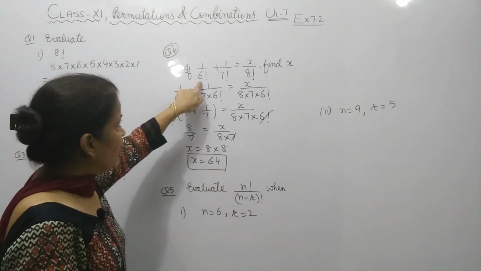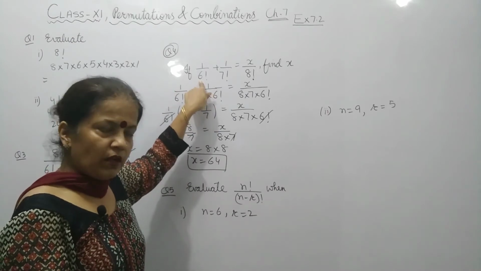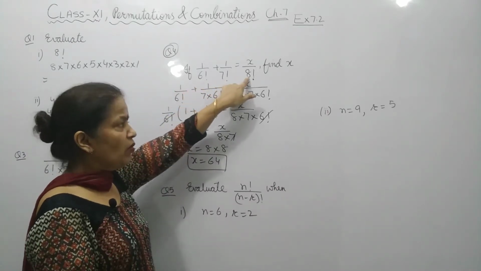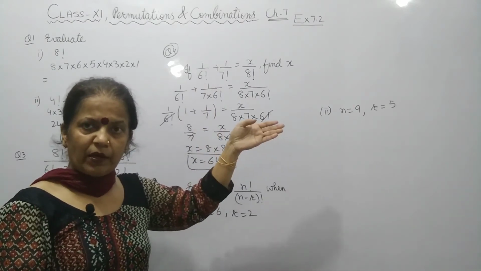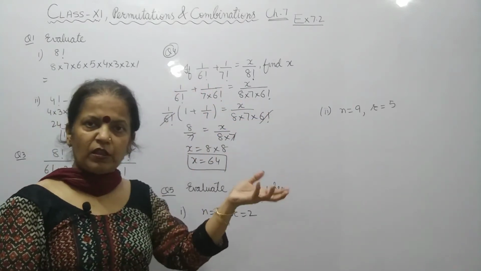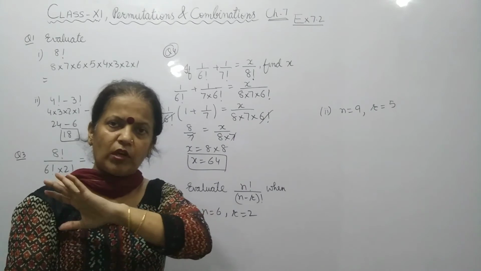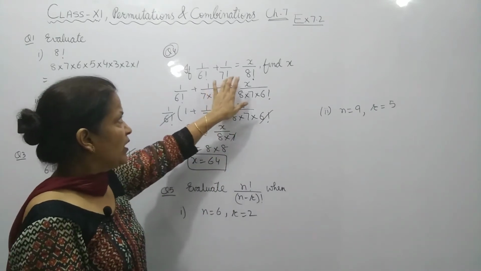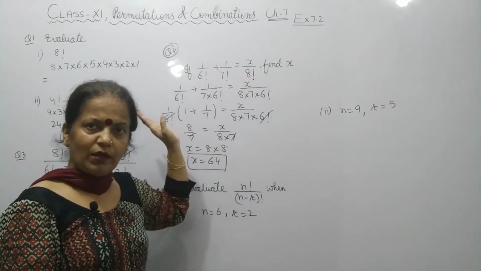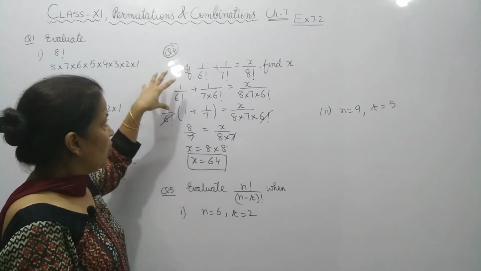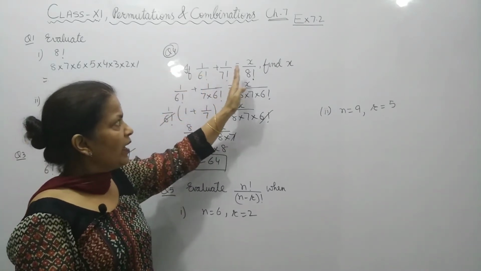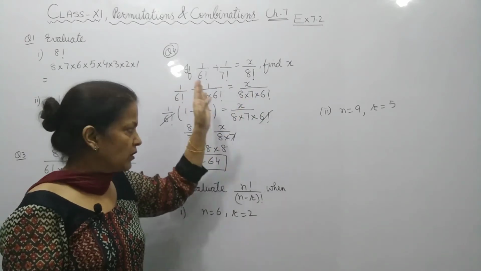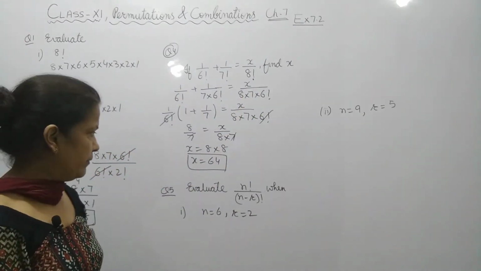So this is the easiest way. If you expand this 6 factorial further and keep these ones as they are, then you will not be able to take anything common. Isn't it? 6 factorial means 6 into 5 into 4, 3, 2, 1. And if you keep these two as they are, you can't take anything common. So 1 by 6, the smallest number, keep it as it is and expand the other numbers. Then you will get the answer.